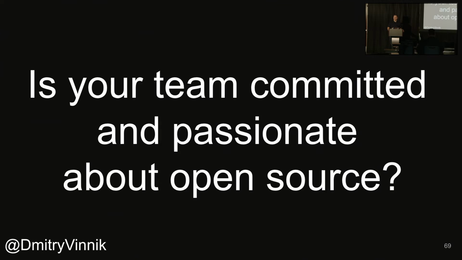But very important with the team that works on that is to figure out whether they're actually passionate about it and whether they want to be committed to open source. If it's just an afterthought and just a good thing to have, it's not going to work well. So that's really where planning comes in. And it's important to ask these questions and be honest about them.